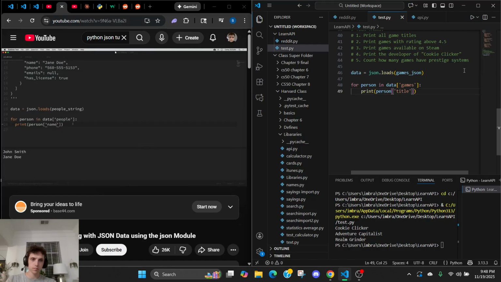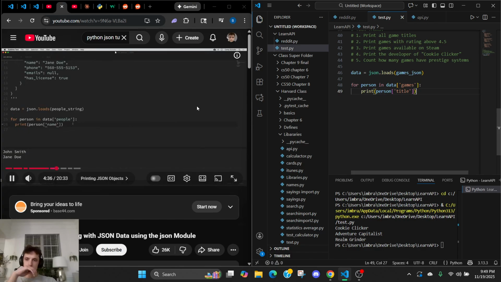Okay, great. So now that we've seen how to load a JSON string into a Python object, now let's do the reverse of that and dump a Python object into a JSON string. And to do this, we'll use the json.dumps method. So in our